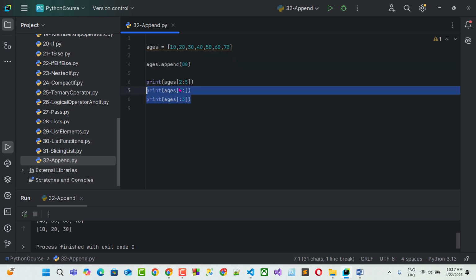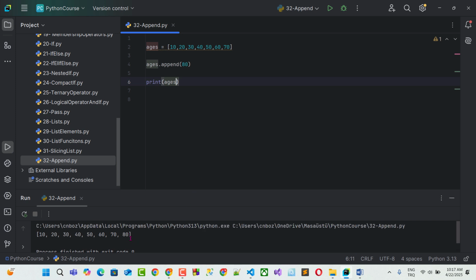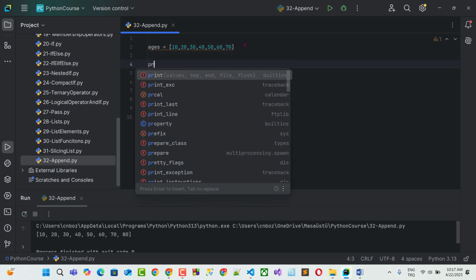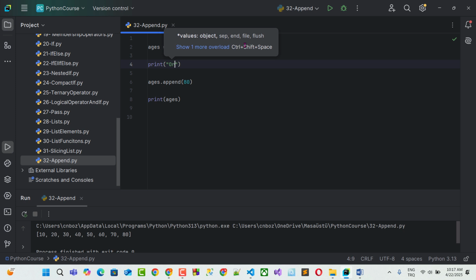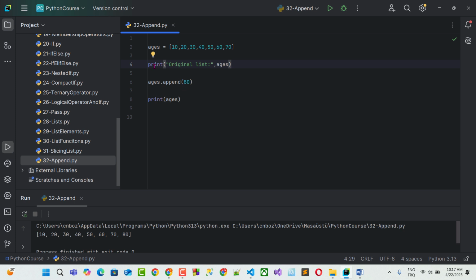So if I print my list, you see the updated list is this. We can do it this way to see the difference. For example, print, and then I say original list, I put a comma, and then what's my variable name? My list is h. I put this print function before the append method. After the append method, I want to print it again,